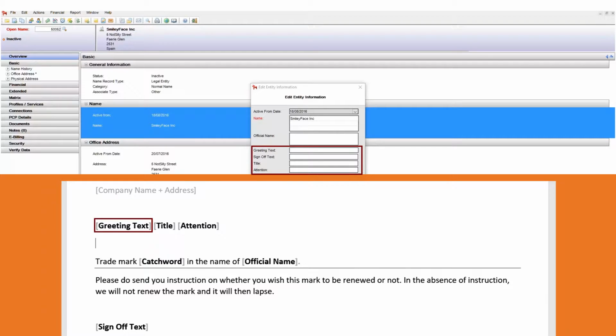The greeting text allows us to have a customized greeting when a document is generated. Very much the same for the sign-off text field. The title is used to enter the title of the person to whom the correspondence is to be addressed. This could be as CEO or Director of Research and so on. And the last field is the attention field, which we use if we have a person at the company that